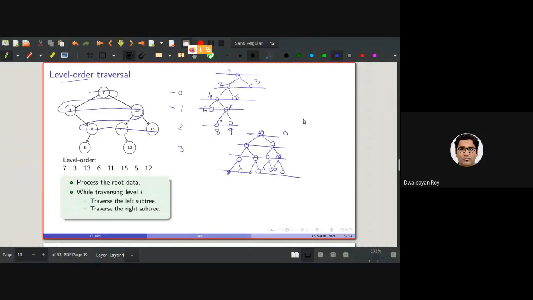So we need some kind of data structure that will serve the purpose. The corresponding data structure should be first in, first out. As you know, a queue is first in, first out. So as you can see, this will be the first, this will be the second. So if I put this in this order,